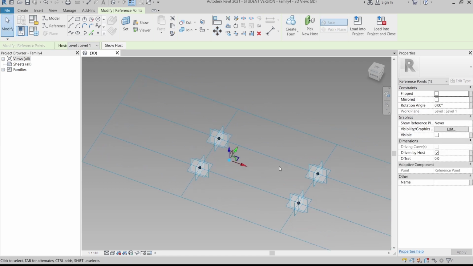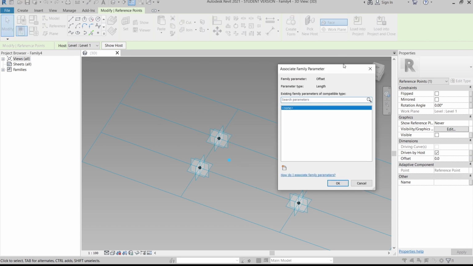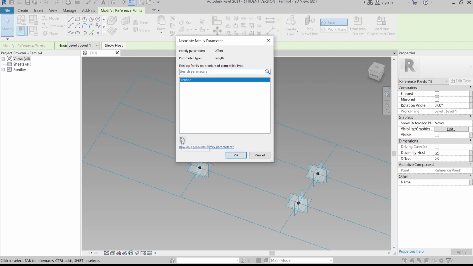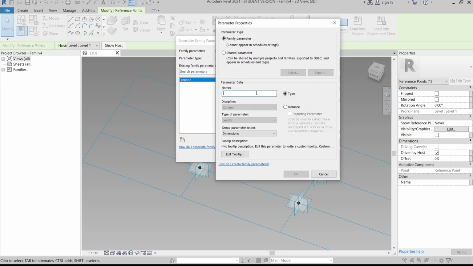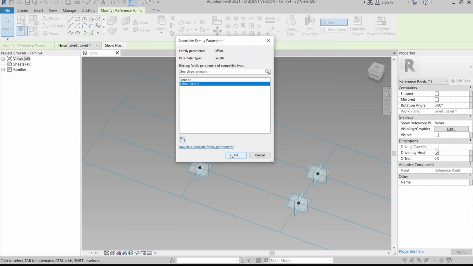Next, we go to our properties panel, and under Dimensions you will see Offset. I want to assign a parameter here, so I create a new parameter and give it the name Offset Point A. Then I press Control C to copy it first, hit OK, then OK again.